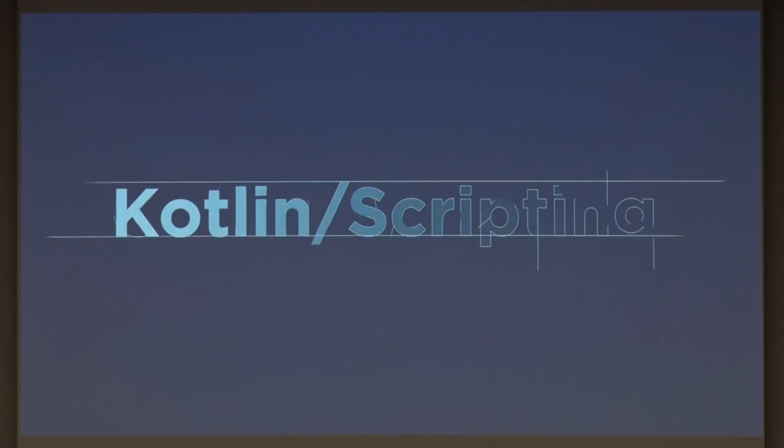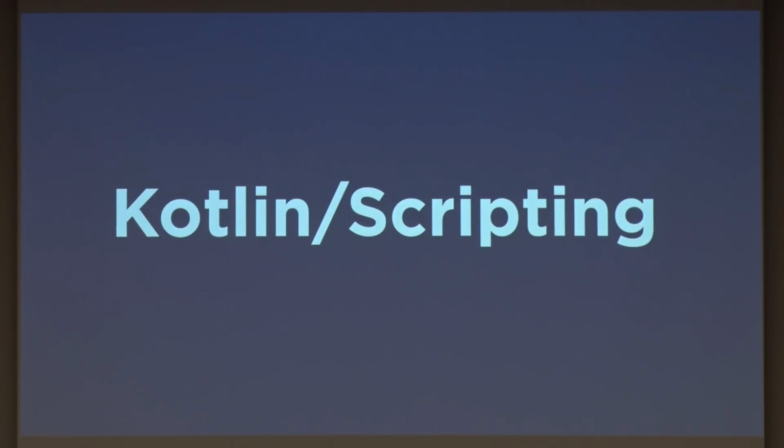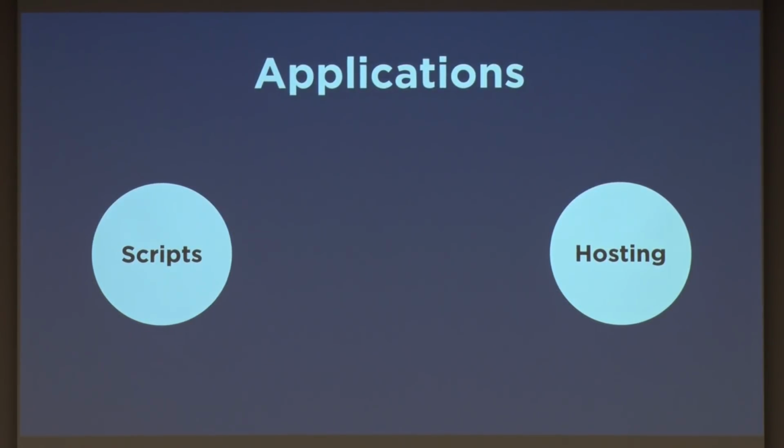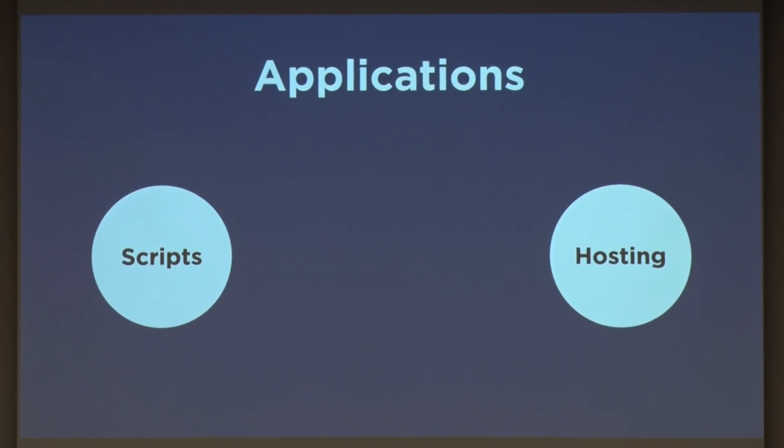At the same time, we also launched Kotlin scripting, which was essentially the idea that I can now use Kotlin for scripts. So I could use it for different types of scripts as well as potentially host it. Some of those usages included build scripts, test scripts. You might have heard of Spek, which is a framework I started many years ago. Now someone else has taken over, which is kind of like a BDD framework. You could use it for command line utilities. You could use it for routing scripts, like, for instance, Ktor,